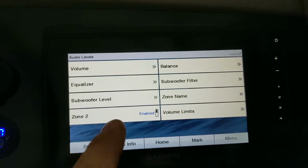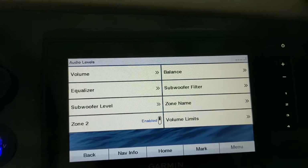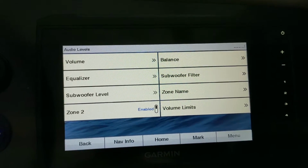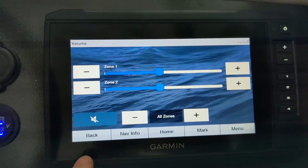So normally I would have to manipulate all of this through the cell phone app, which, to tell you the truth, is a giant pain in the butt. Really finicky, doesn't work that well. I hate Fusion's phone application. Let's see, volume,